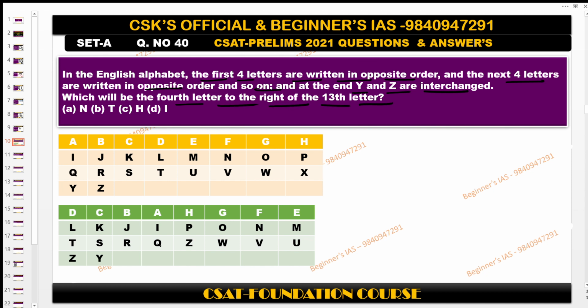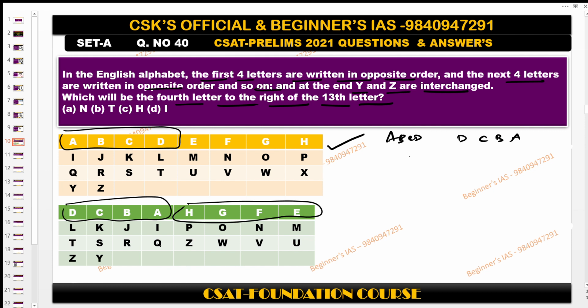So actually, this is the alphabet A, B, C, D. The question says the first 4 letters are written in opposite order, which means A, B, C, D written in opposite order becomes D, C, B, A. So this was written here. Like that, for every next 4 letters, E, F, G, H, written in opposite order,